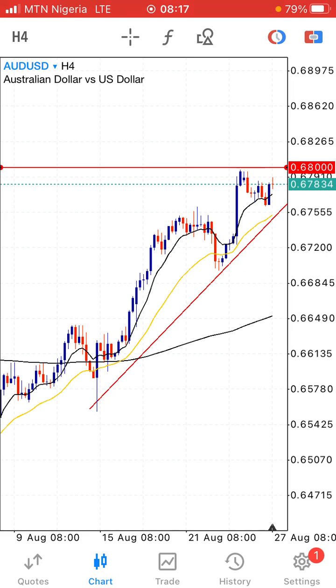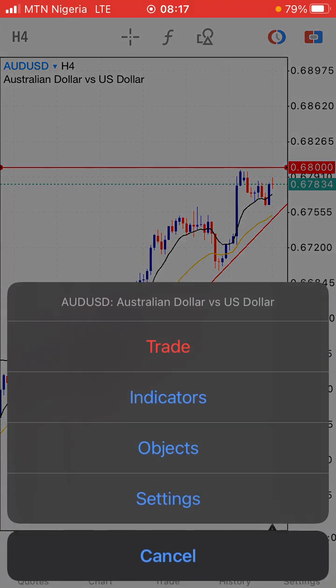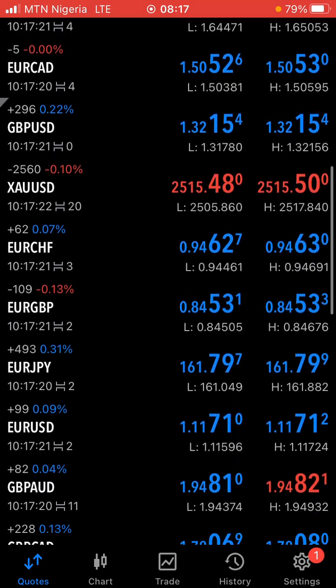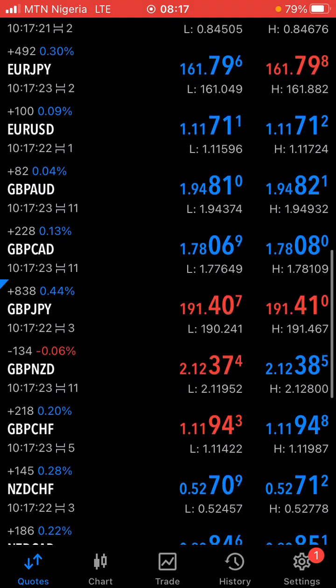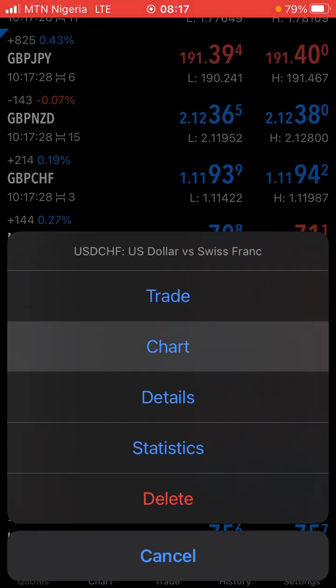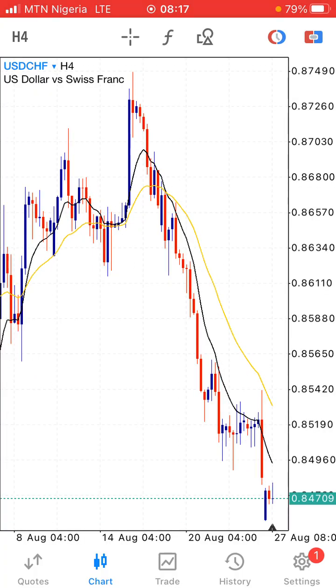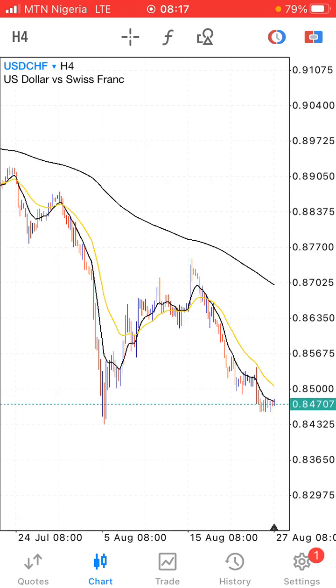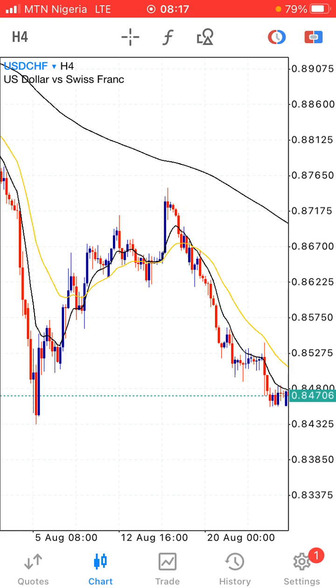Let's go to USD CHF, USD Swiss francs. You understand what I'm talking about? I don't know why I don't go to Euro USD, because once I've talked about GBP USD and Euro USD, they play alike a lot. You could see that for 2 weeks USD has been on a massive downturn. What is happening in this market under the 4 hours? Could you see what I'm saying?